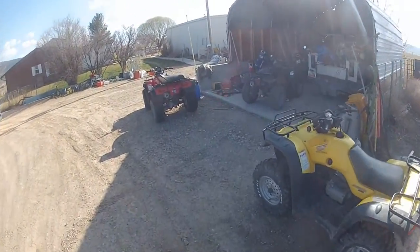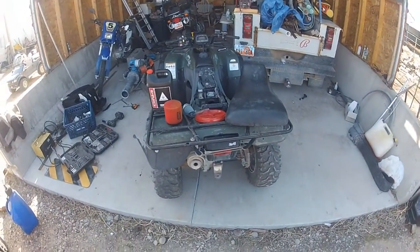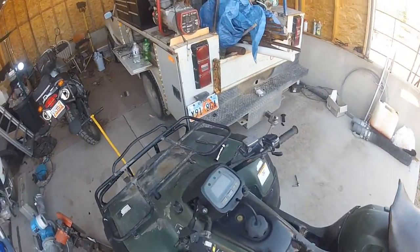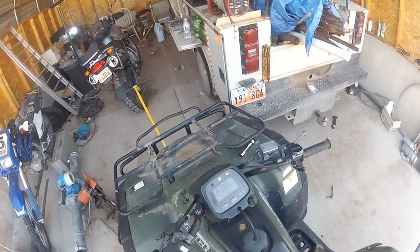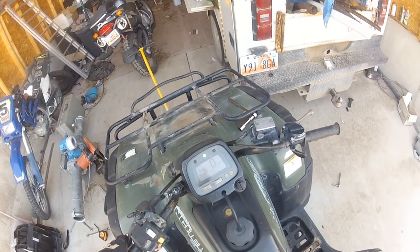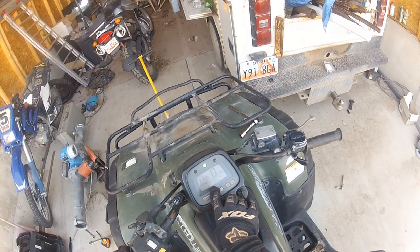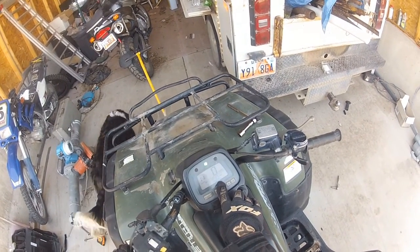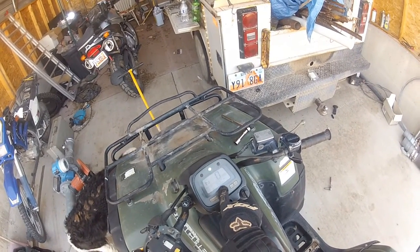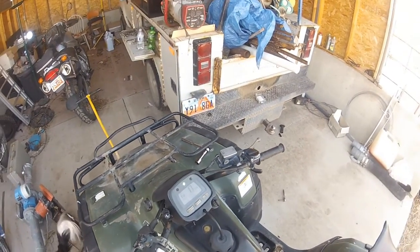Oh man, this poor old four-wheeler, she's been used and abused and baling wired together. Got a little baling wire here, there, a little bolt here, there. I just want to show you this. Look at that odometer there. We got 16,457 miles, 17,660 hours. So now, if those hours would have been at 40 miles an hour, that would have been a lot of darn miles. But anyway, the old gal still